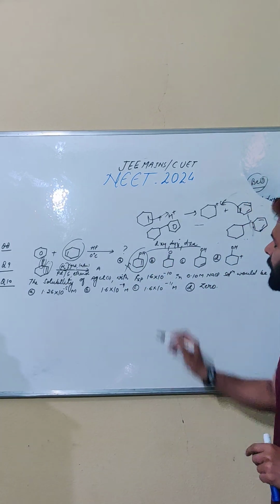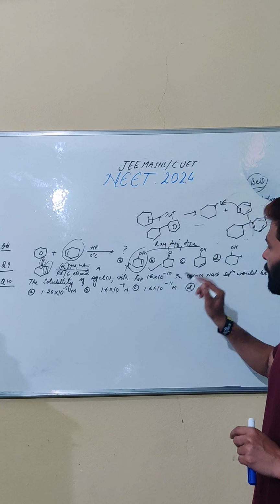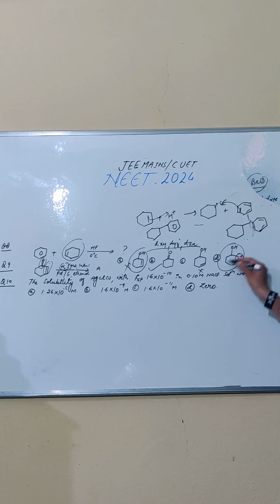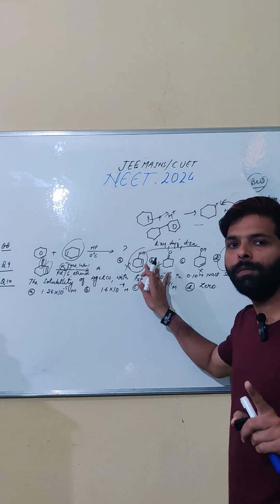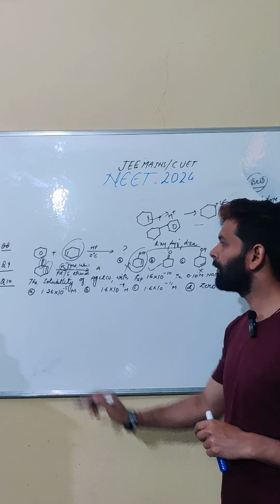Now move to this. This can be true because the double bond has been reduced, leaving the ketone. This cannot be true, and this is also not true because we are having a carbocation. So the correct option is B. You have to remember the double bond is reduced in preference to the ketone group.